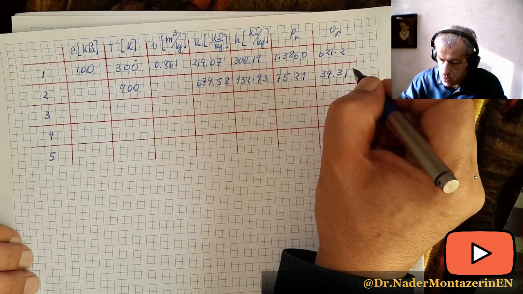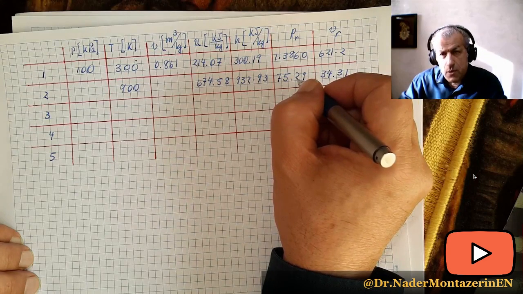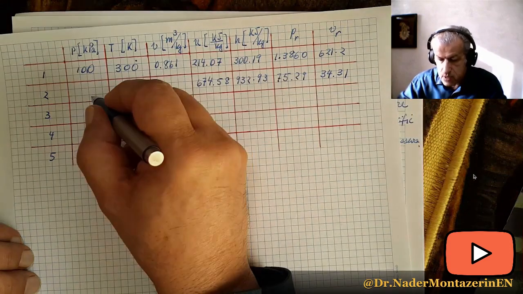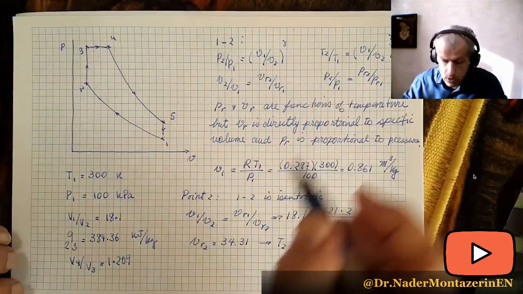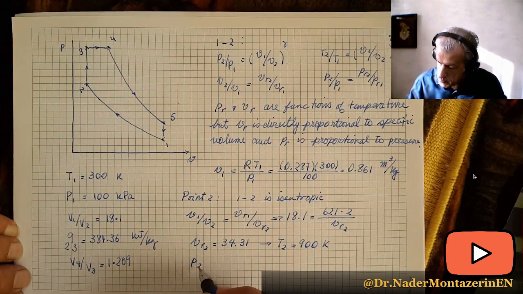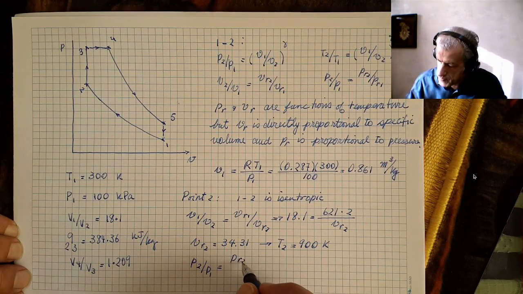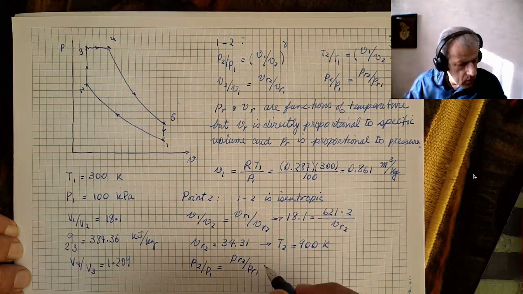Now, we know that PR is a function of temperature, which is directly proportional to pressure. So we may use this value to calculate pressure at point 2. That's how we do it. P2 over P1 equals PR2 over PR1, and therefore P2